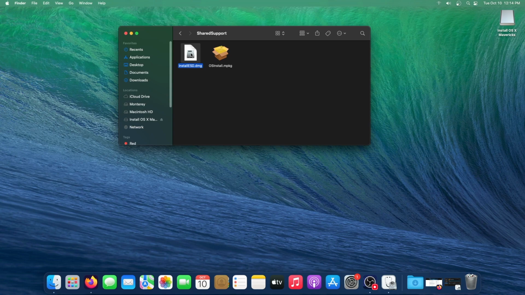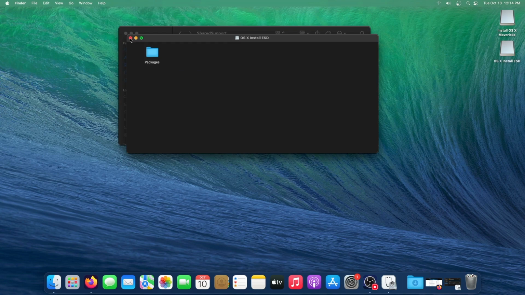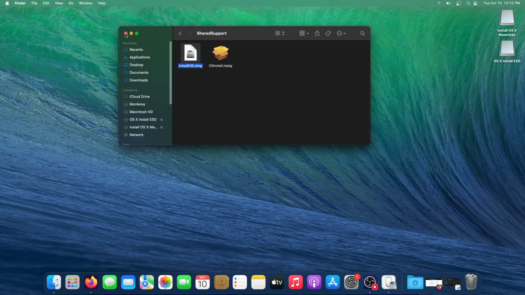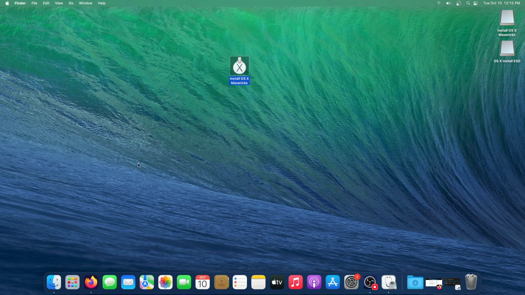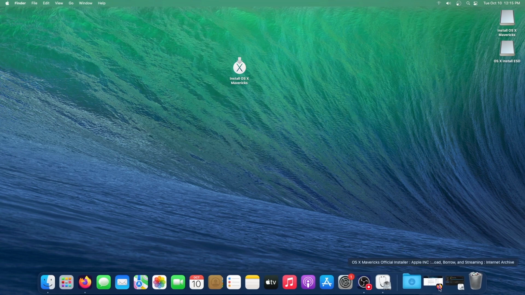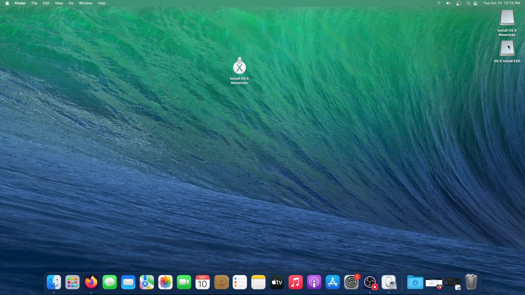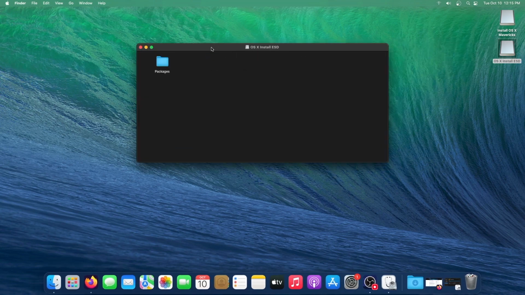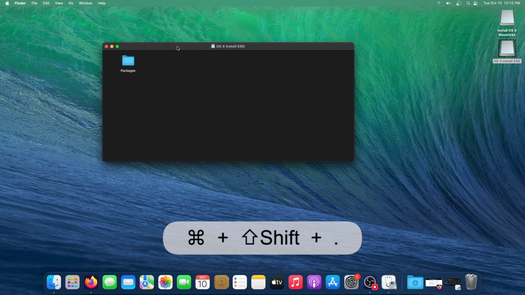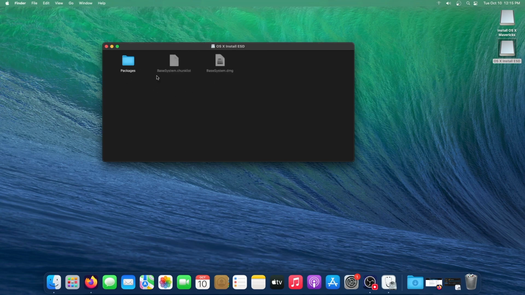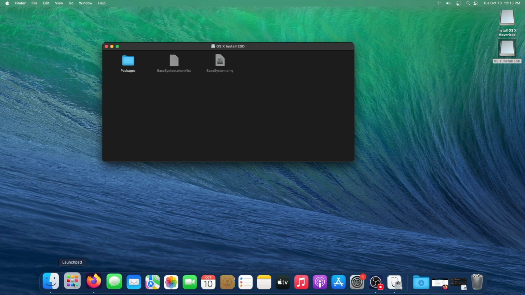And once you open that, it should mount. There it goes. And there you go. So now what we need to do is go into the folder. If you're using macOS 11 or newer, all you have to do is press Command Shift Period, and it will show hidden files. Now, if you're using a slightly older or a Mac OS 10 build, you'll need to go into Terminal to